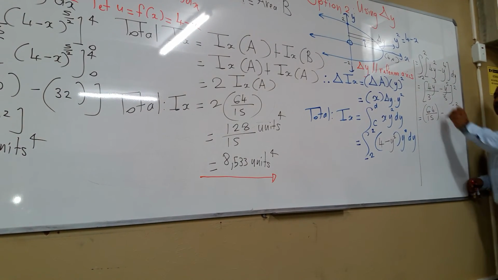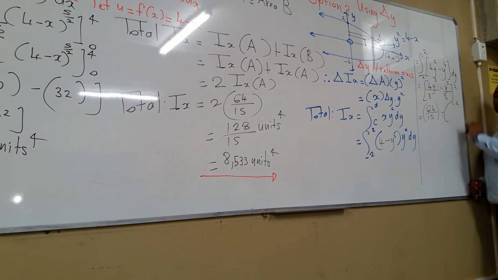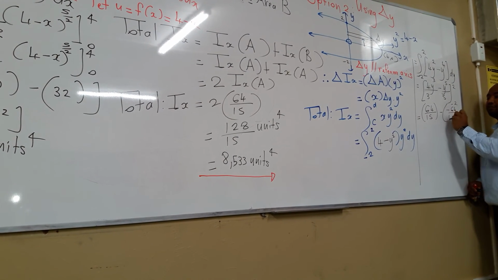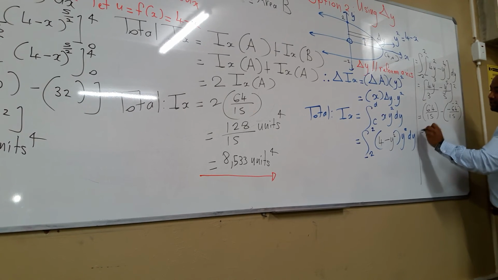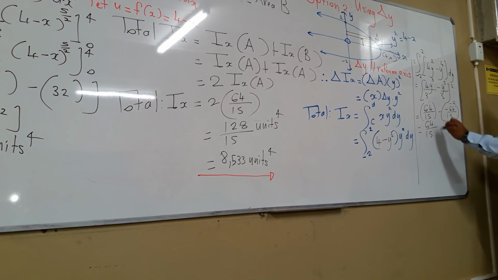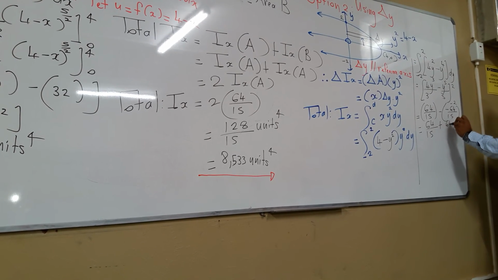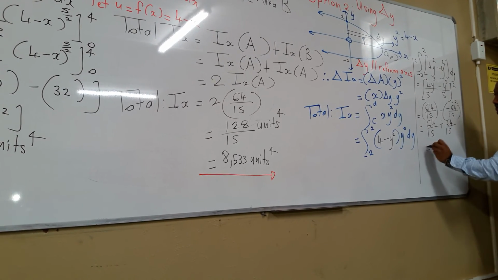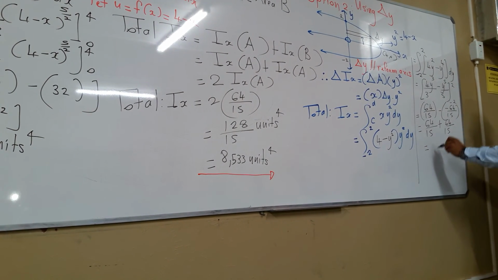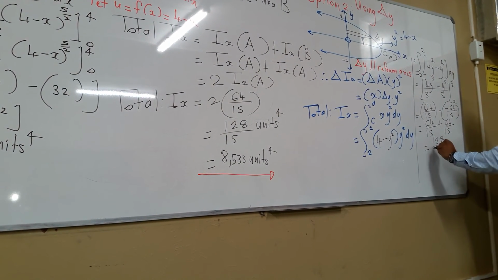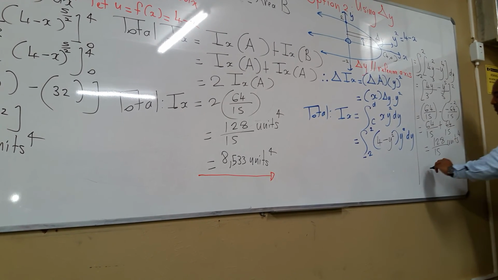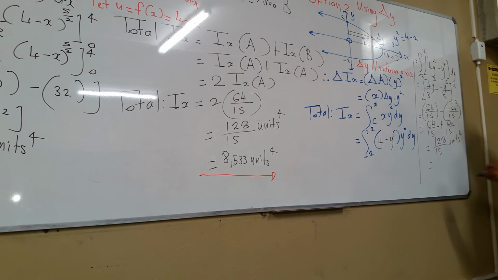Minus. Now when you substitute minus 2, what do you get? You must get minus 64 over 15, which is correct. So now that means you got 64 over 15 here. That will be plus 64 over 15. You can see you've got an LCD of 15. 64 plus 64 will give us 128 over 15 units to the power 4, which is the same